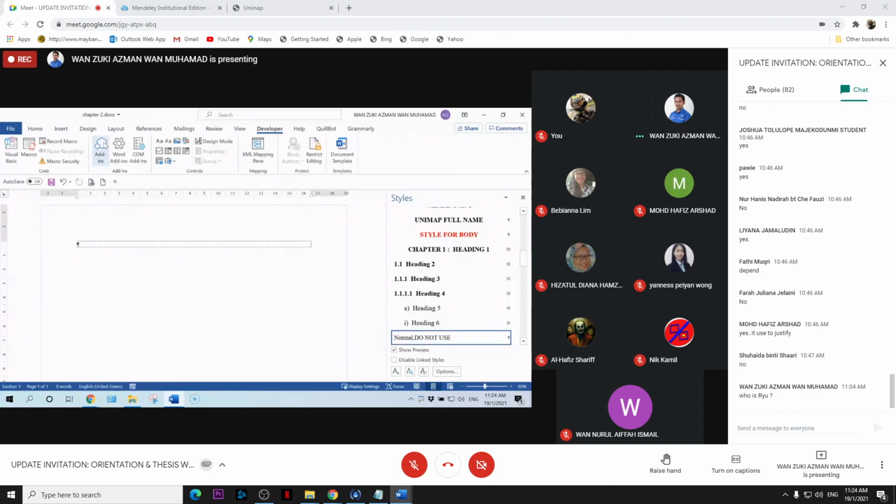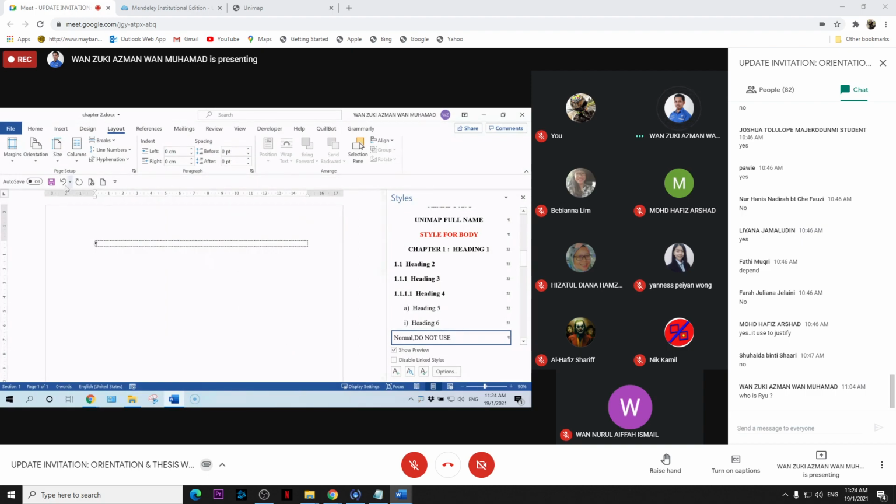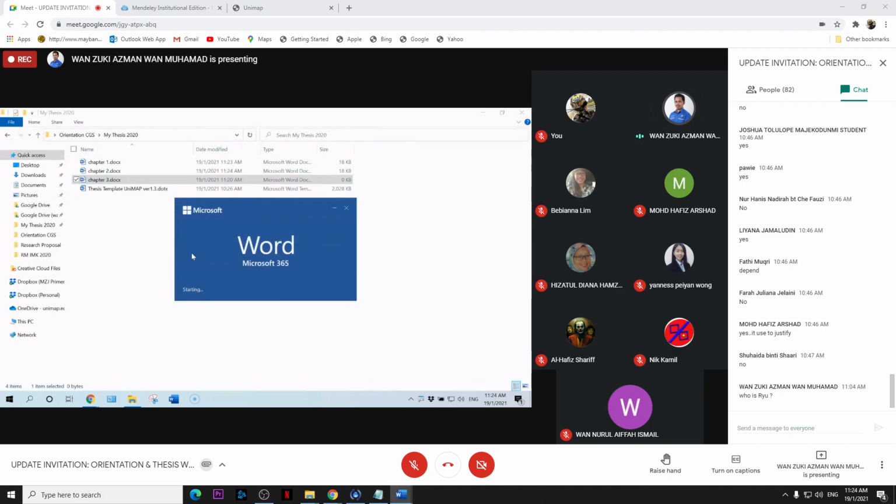Then set the margin: top 2.5 cm, left 3.5 cm, bottom 2.5 cm, right 2.5 cm, and the paper size A4. Click OK, and then save. So now we have the style and we have set up the page margin. Repeat the same thing for chapter 3.